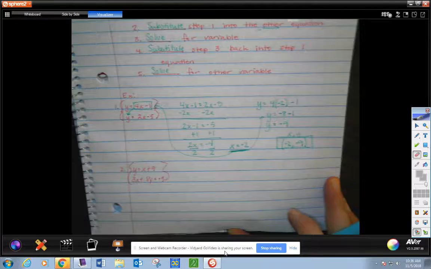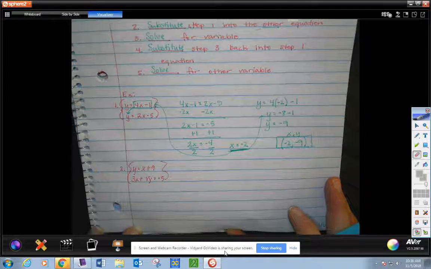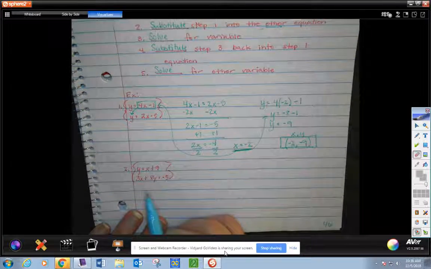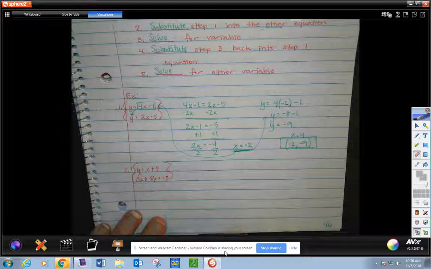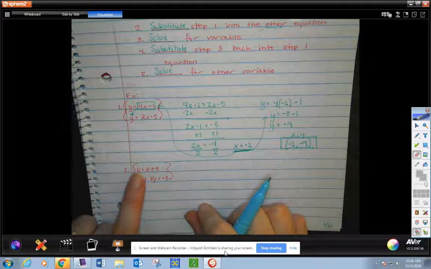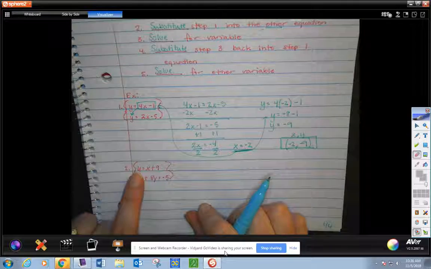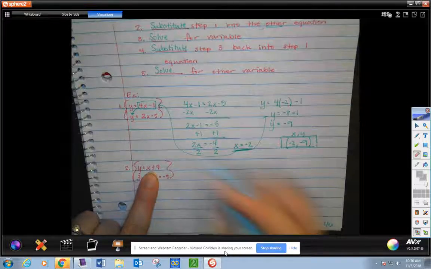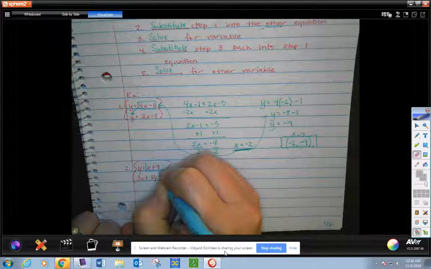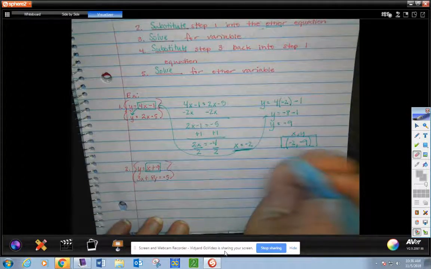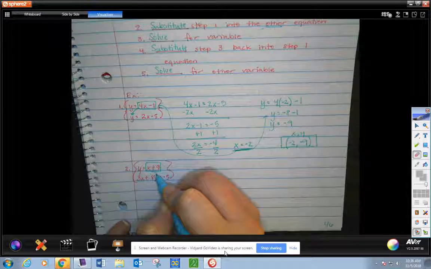Okay, for problem 2, example 2, I've got y equals x plus 9 and 3x plus 8y equals negative 5. First thing, look for a letter by itself. You have both x and y by itself this time. But do you see how y already has equal to? I'm going to box what y equals,